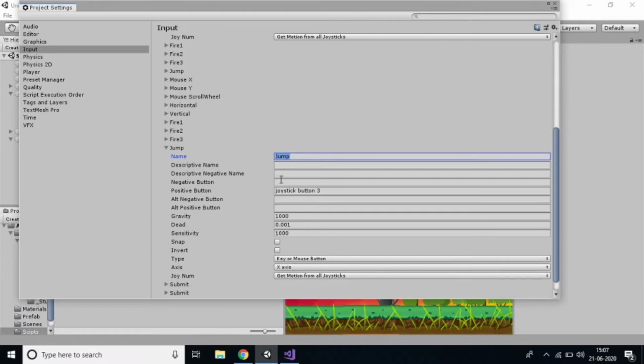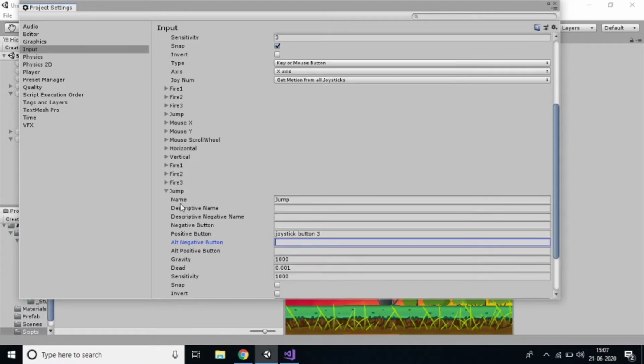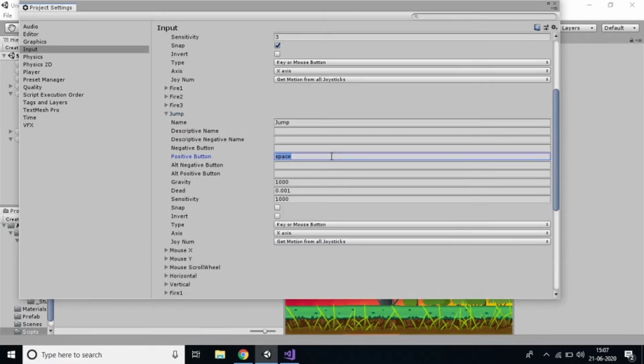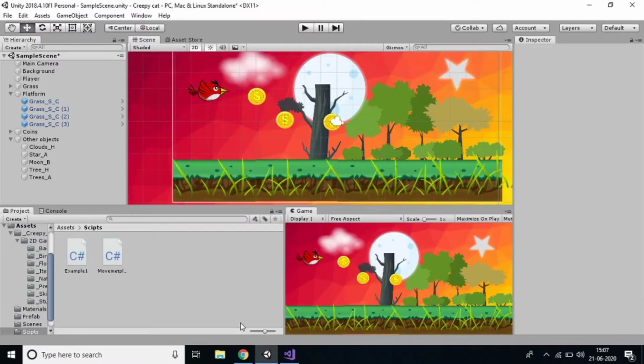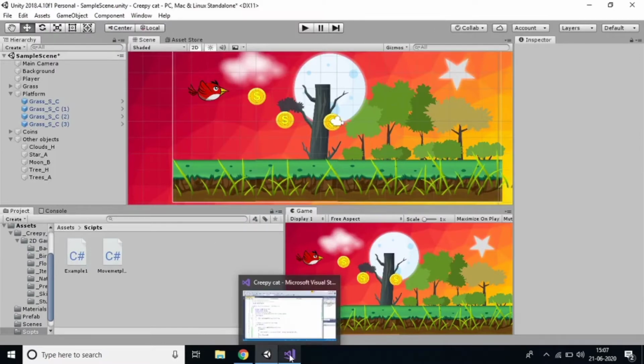You can just keep it as space. Sorry, the positive button should be space. That means if you press space, the player should jump. So now our target is that the player jumps when you press the space button.